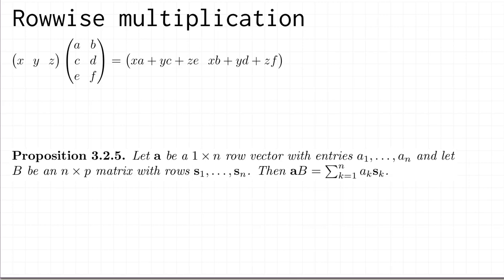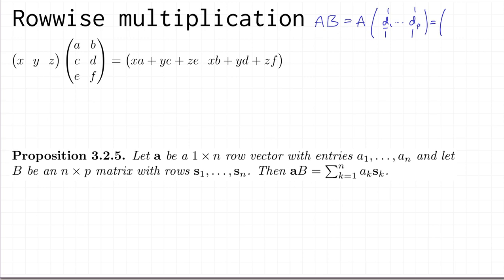In our last video, we learned about matrix multiplication happening column-wise. Specifically, what I meant is that if you wanted to do a matrix product AB, and it was okay to do that because the number of columns of A was the same as the number of rows of B, then you could think about that product one column at a time, in the sense that if you give the columns of B names, so you call the first column D1 and the second column D2, and the last column DP, so these D's are height n column vectors,